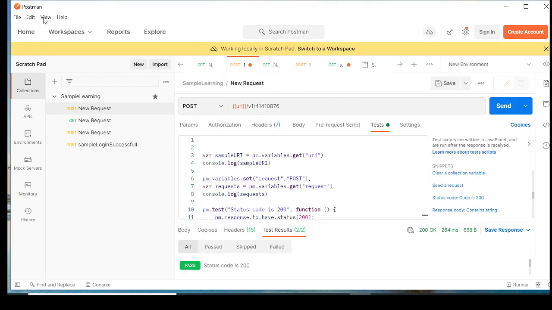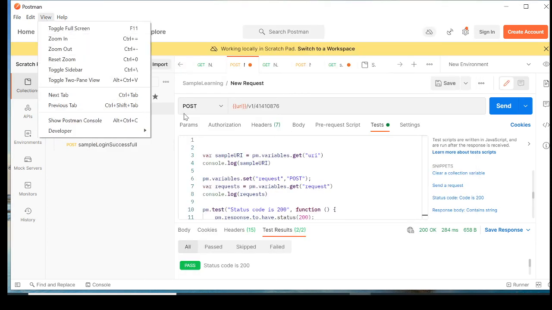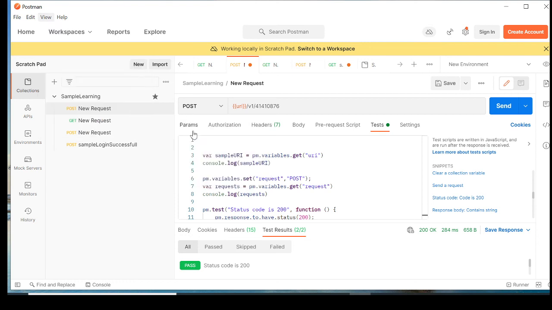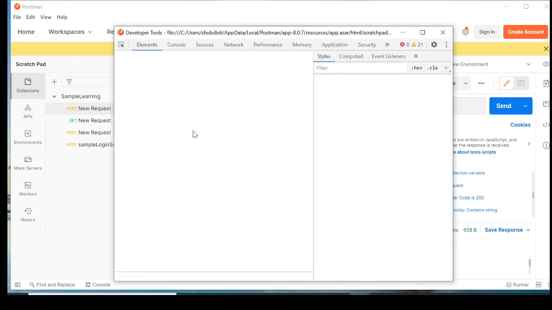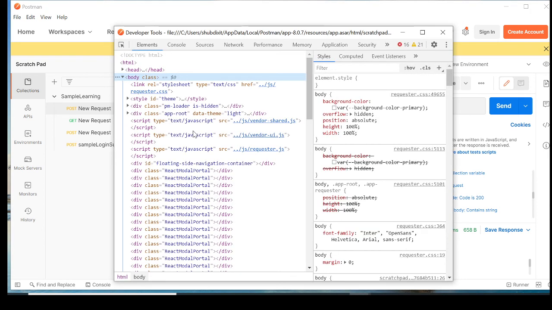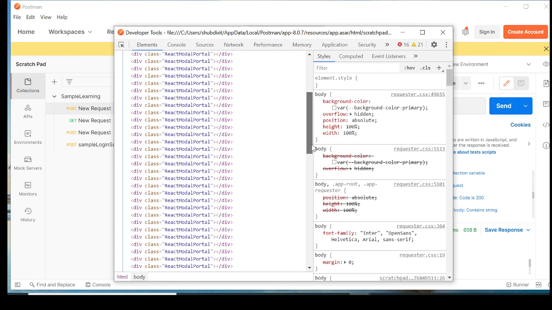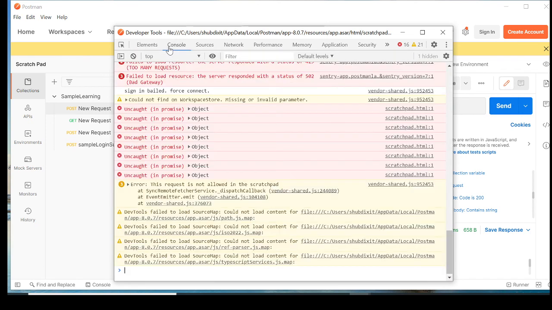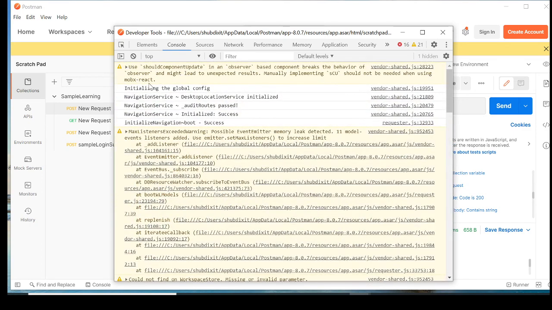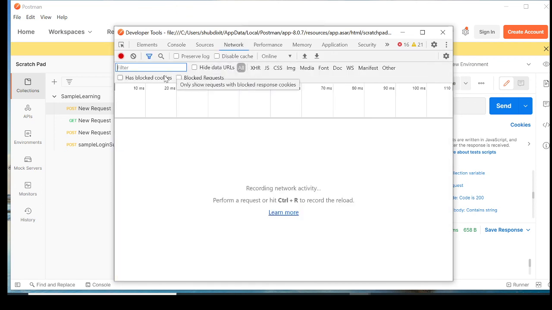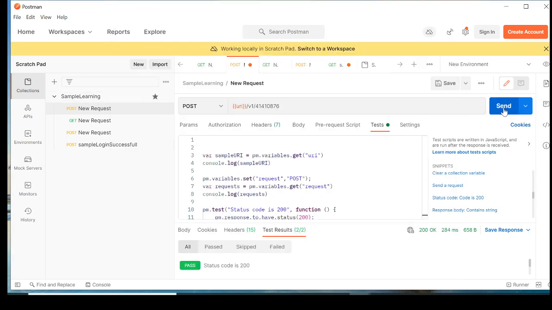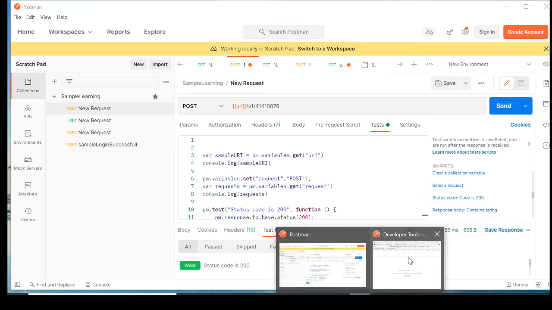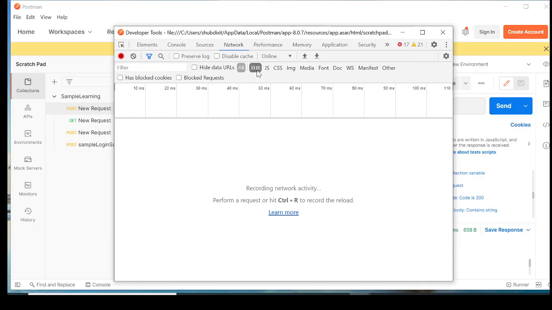If you want to go deeper, there's the developer option, show dev tools, Control Shift I, the same thing as when you work in the Chrome browser. You press Control Shift I, and when you go into the console, you'll see every detail that has been logged, and you can debug from the log over here. You can also see your network tab, and when you execute anything, the request needs to be invoked so that you can check it in your XHR.